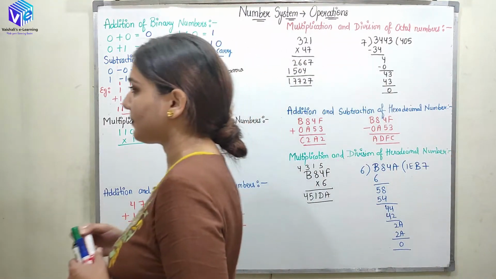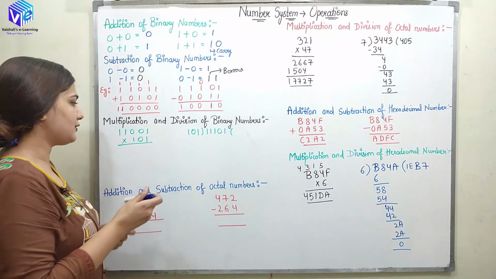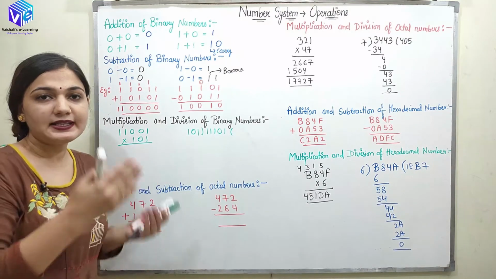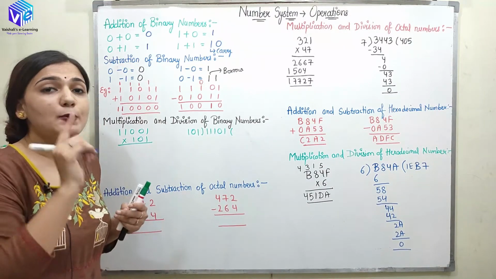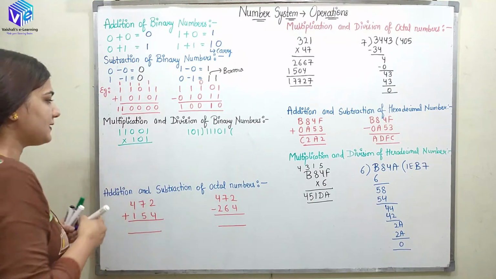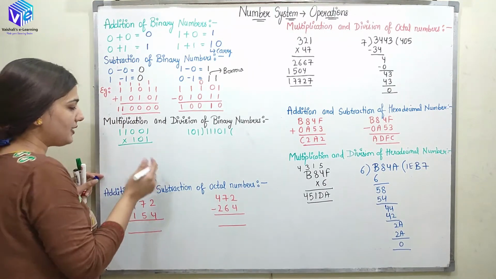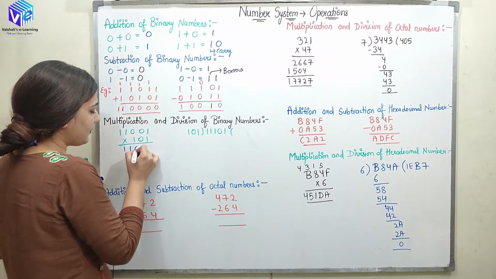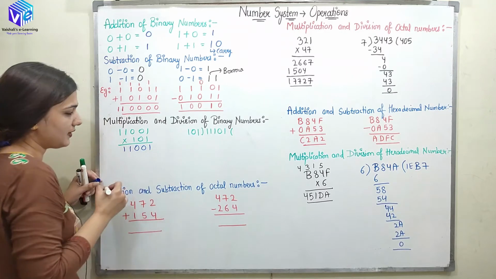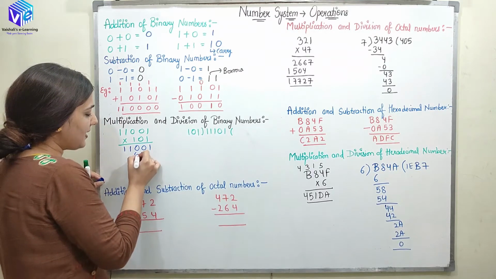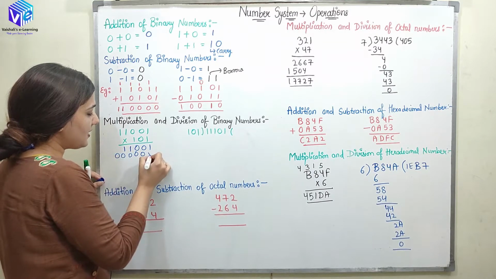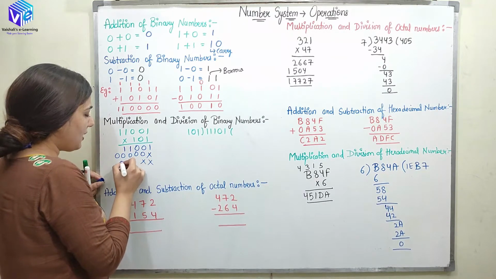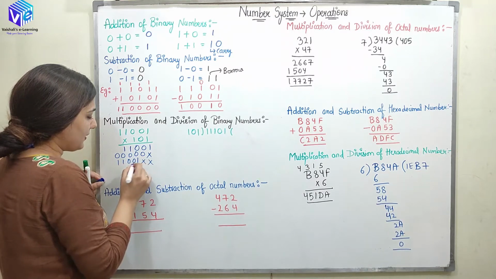Now coming to the multiplication operation with the binary number. When 1 is multiplied with any number, I will be getting the same number as it is back. But when 0 is multiplied, I will be getting all zeros. So here we have 1 1 0 0 1 multiplied with 1 0 1. When this 1 is multiplied with this number, I will be getting 1 1 0 0 1. Right? When 0 is multiplied, I will be getting all zeros, right? But now here again 1 is multiplied, I will be getting 1 1 0 0 1.